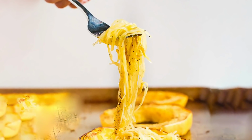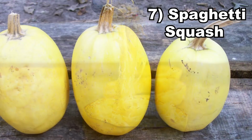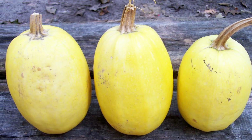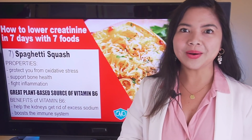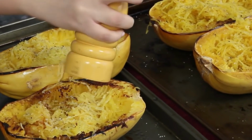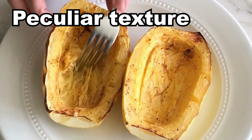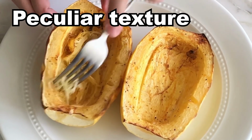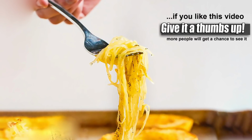This is spaghetti squash. Spaghetti squash is a vibrant, low-potassium winter vegetable enjoyed for its nutty flavor and impressive nutrient profile. Closely related to pumpkin, squash, and zucchini, spaghetti squash has a very peculiar texture that lets you prepare it like you see here. Thanks to its peculiar texture, spaghetti squash is a popular substitute for, you guessed it, spaghetti,